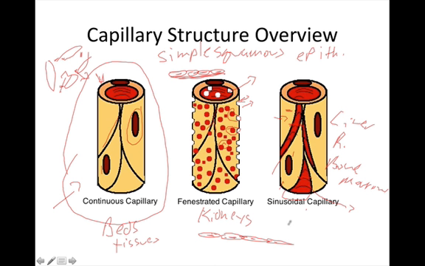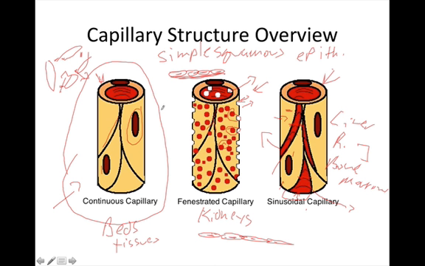You know the common phrase people like to use, that the liver detoxifies the blood. Well, what we're saying there is that the liver filters out, in similar fashion to the kidneys, lots of unwanted materials like drugs and other materials. All right, so this allows us to maximize our filtration in the liver, so the liver can clean out the blood. And this would make sense in red bone marrow because this is where we make blood cells. And in order to get blood cells into the bloodstream, we need spaces large enough to get them through. All right, so that's about all I'm really going to say about these two types of capillaries